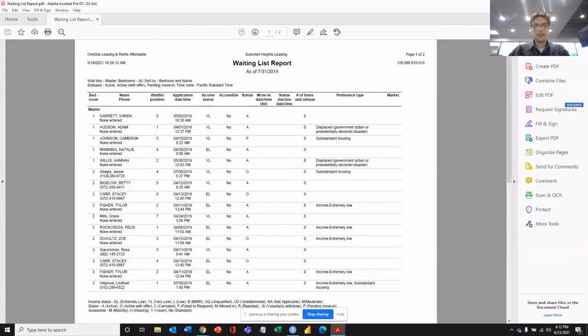For the 60 properties that we manage, the president of the management company came to me and said, I want to see each property as its own row, and then I want to see how many applicants are on the wait list for loft, 1-bedroom, 2-bedroom, 3-bedroom, all the way down. You would think that is a fairly rudimentary request, but given some issues we're having with our software vendor,